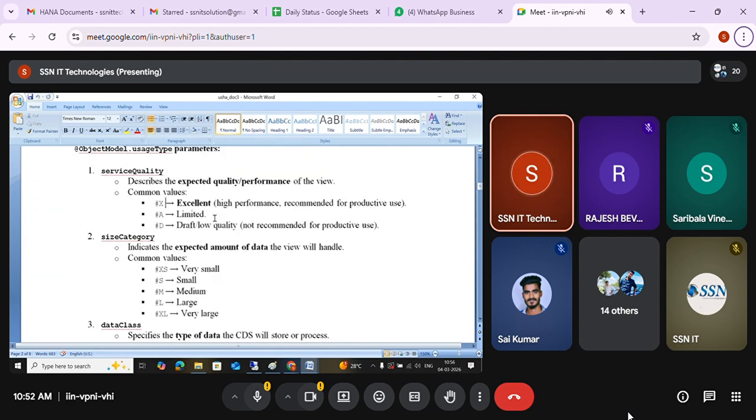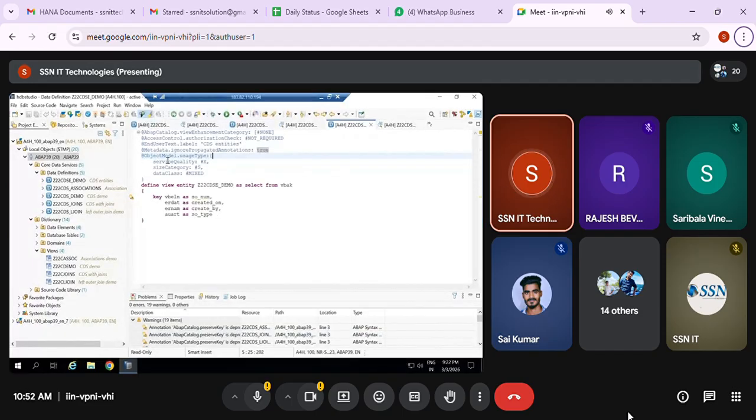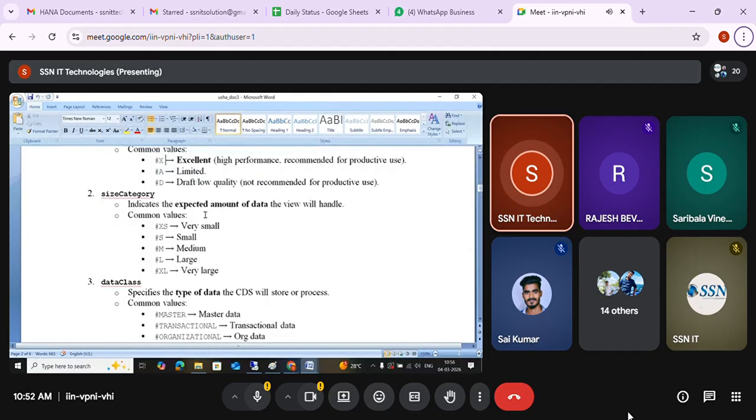And then we have size category. I'm just showing these options. You can see service quality X, excellent. Next size category, we have small. What is that? It indicates the amount of data, how much data you are handling here: very small, medium, large or very large.